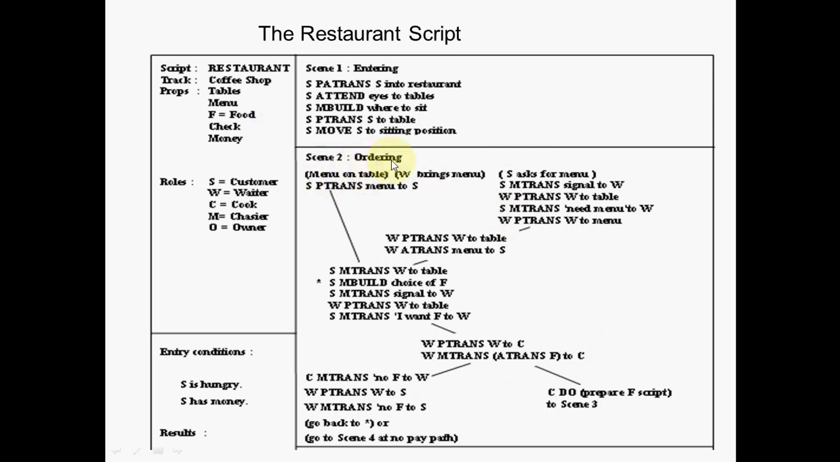So for ordering, we have assumed that the menu is on the table. You are already sitting in the restaurant now. So assuming that the menu is on the table, and the waiter brings the menu. The waiter brings the menu, the menu is on the table. And second, S asks for the menu, that is, the customer is asking for the menu. So these are the three things. Now S PTRANS menu to S. If the menu is on the table,